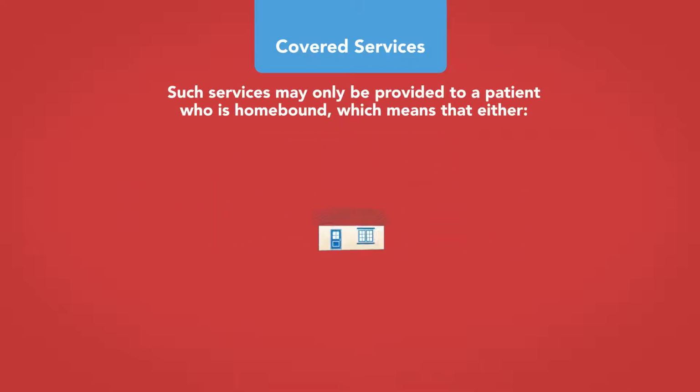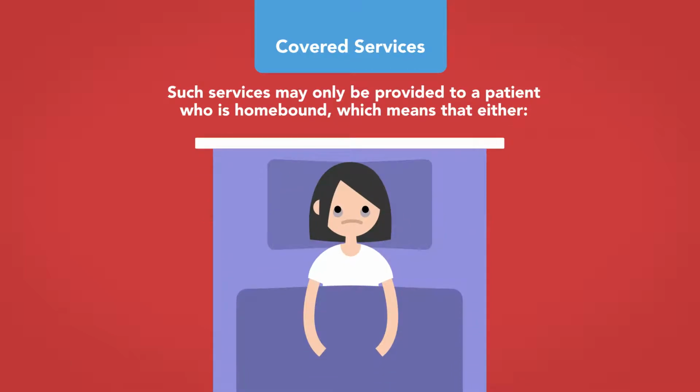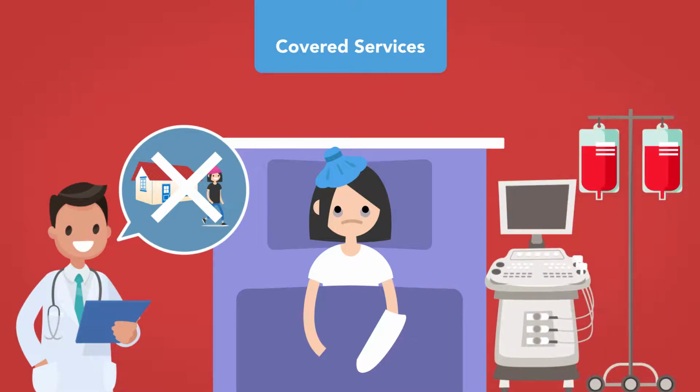Such services may only be provided to a patient who is homebound, which means that either she has trouble leaving the home without help because of illness or injury, or she is advised not to leave her home because of her condition, and is normally unable to leave her home because it is a major effort. Related Medicare-covered equipment may be paid for completely or in part by Part B, as we will see in the